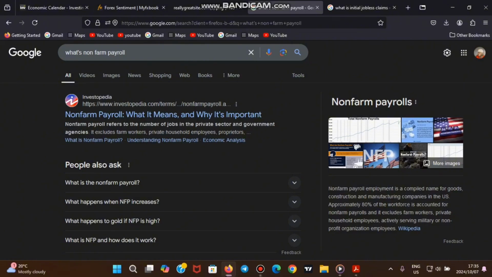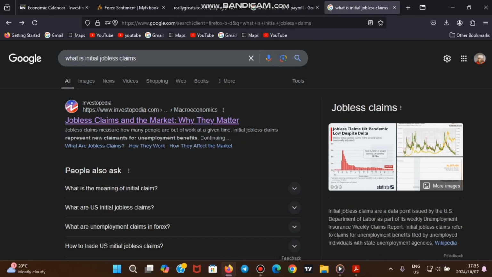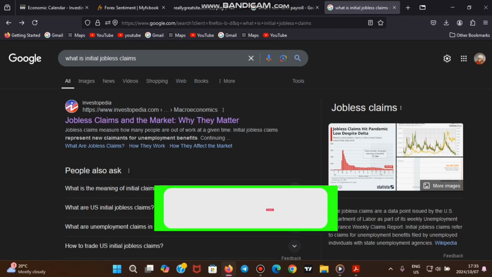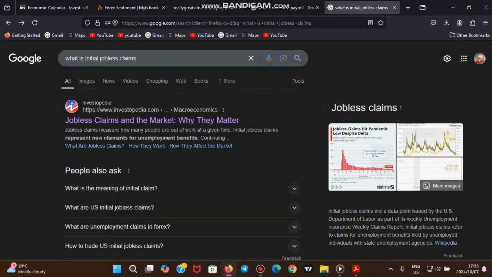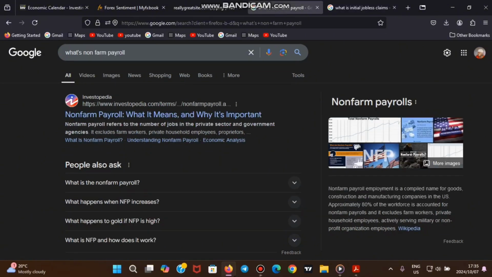non-agricultural sectors. And then what is initial jobless claim? These two are related, initial jobless claim and NFP. Jobless claim measures how many people are out of work. Just stop there. People who are out of work, who are claiming to be unemployed, lost jobs and whatnot. So why am I saying these things are related? Look,